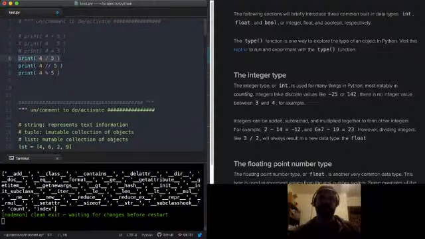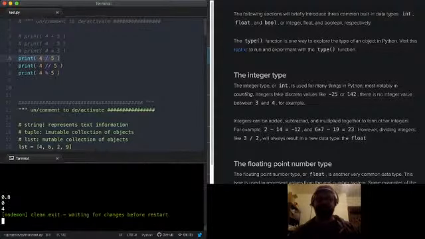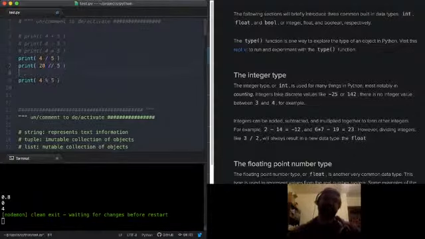If I divide 4 by 5, that takes these two integers and gives me a float in return, because it can't complete that operation without giving me a decimal number. If I use double slash division, this is kind of hard to see with these particular numbers. Let's say I divide 20 by 3. 20 divided by 3.